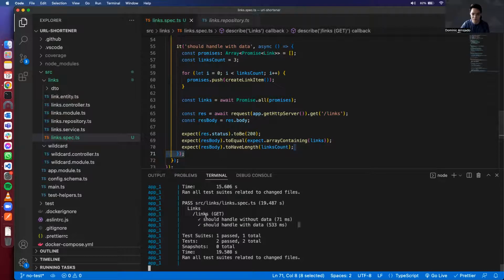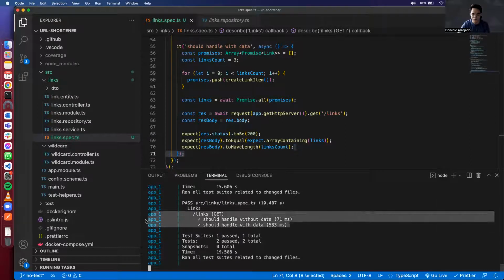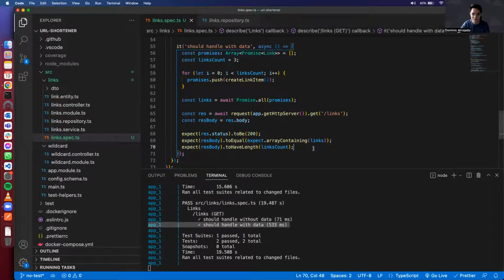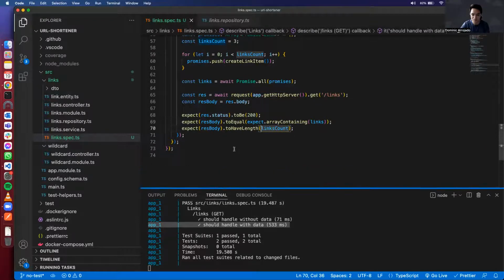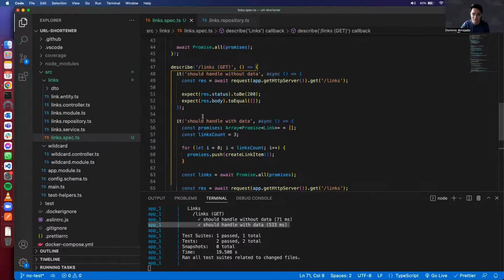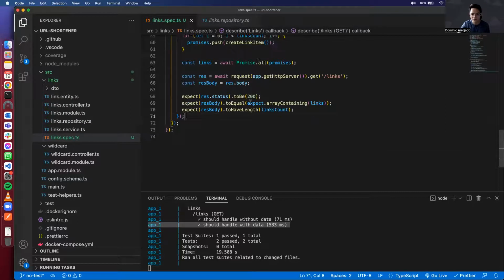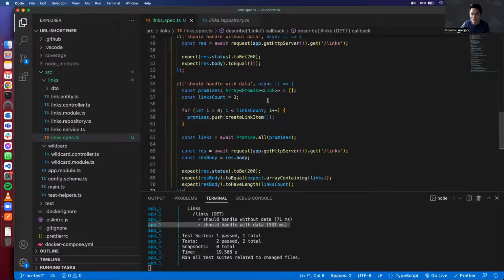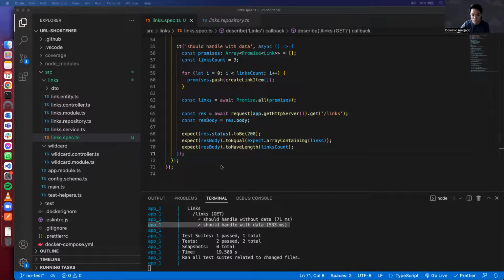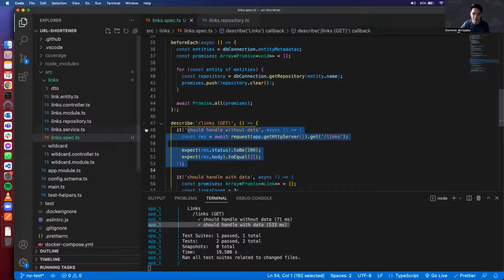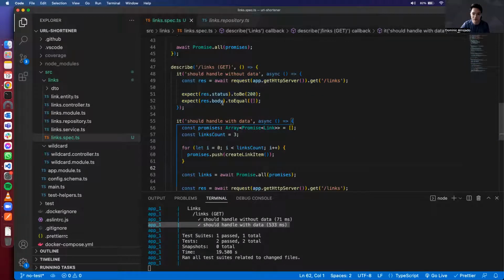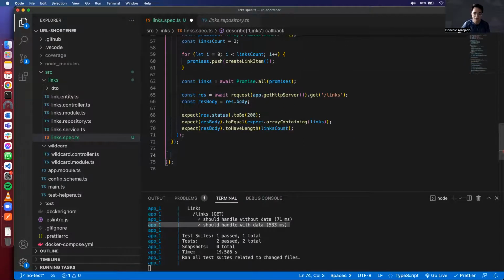If you see the response from the logs, this test case also passed. That means our API is working fine with or without data. Great. And it's really simple to write tests in NestJS. I really like writing end-to-end tests like this. So next thing we want to test, actually we're pretty much done with the GET request. We don't do any validation in the links GET. We can now proceed to the POST,